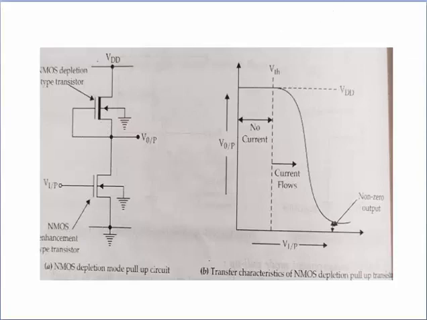pull-down network. In this circuit, we see dissipation is high because rail-to-rail current flows when V input is at logic 1. So when the input is equal to logic 1, this pull-down transistor acts as a closed circuit, and the pull-up transistor also acts as a closed switch. So what is happening here is that current is flowing from VDD to the ground side. Switching of output from 1 to 0 begins when V input exceeds the threshold voltage.